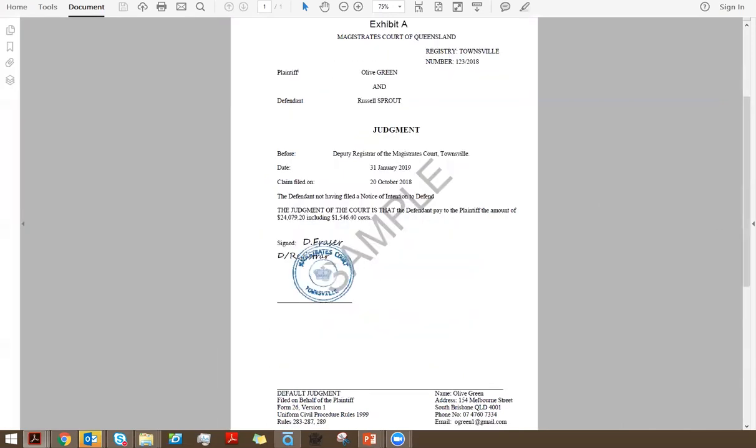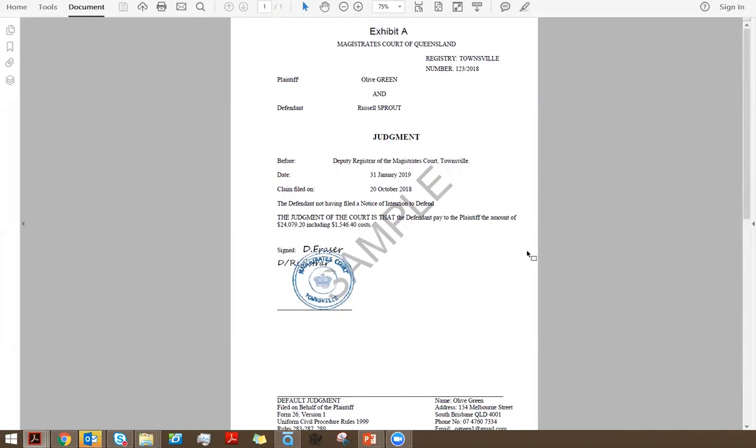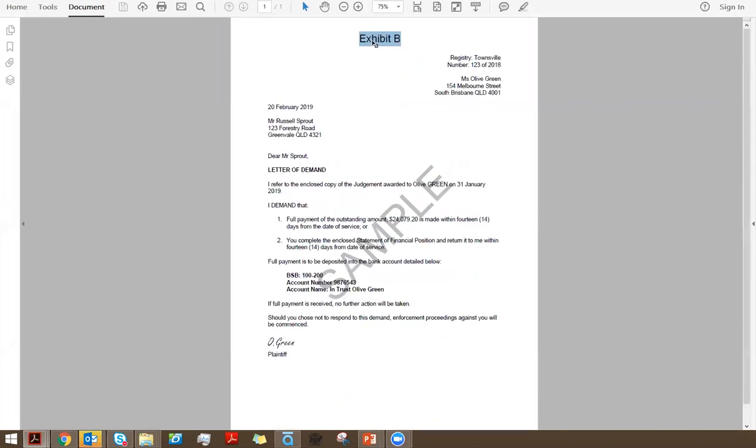So Exhibit A, and in this case you can see here that Exhibit A has been clearly marked on this exhibit. Okay, so happy with that one. Then I'd be looking for Exhibit B, and again, it's been clearly marked at the top.